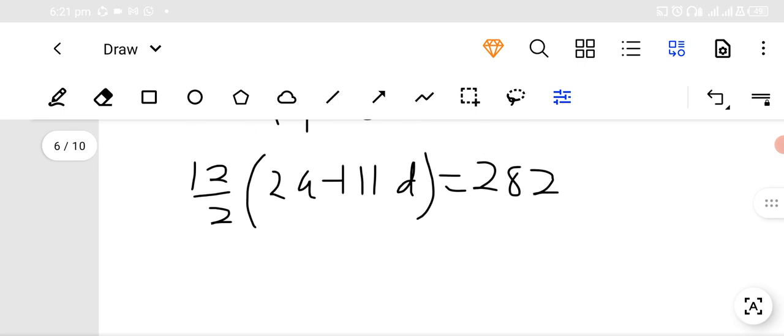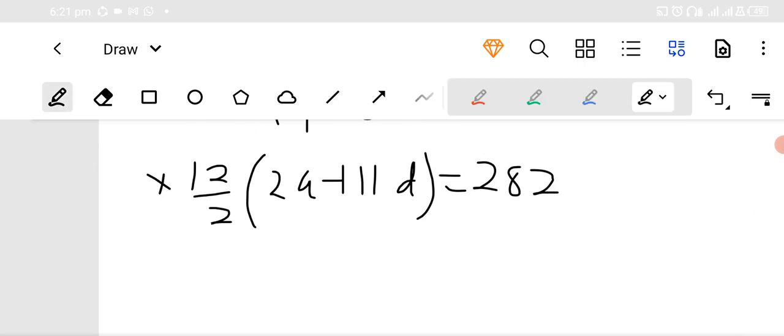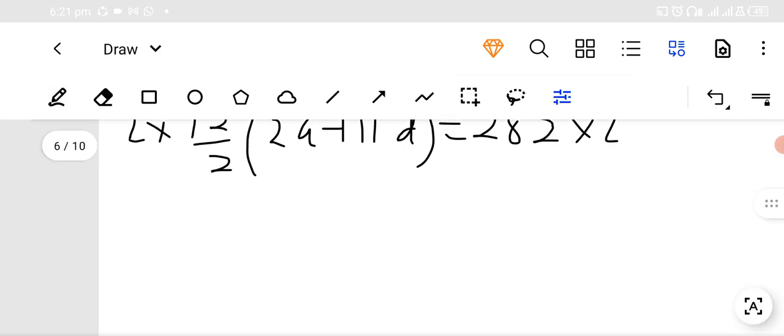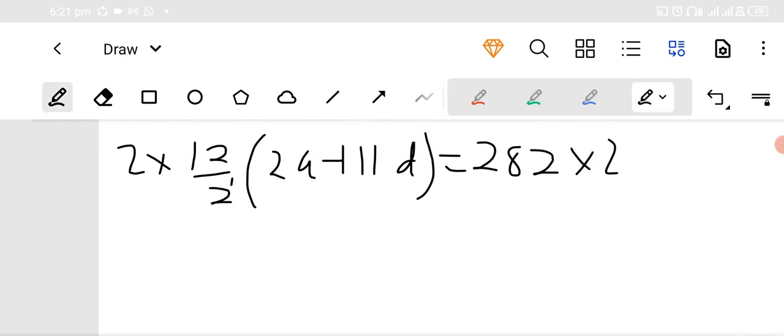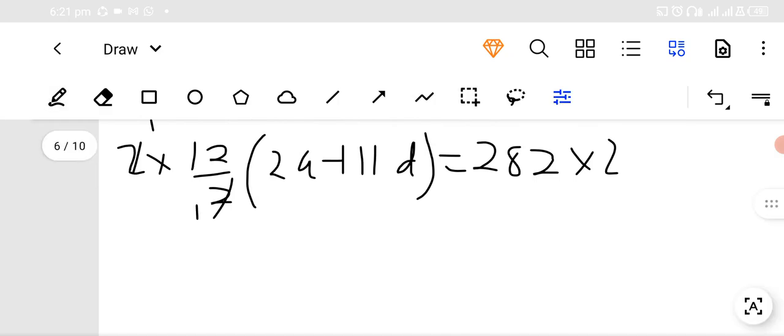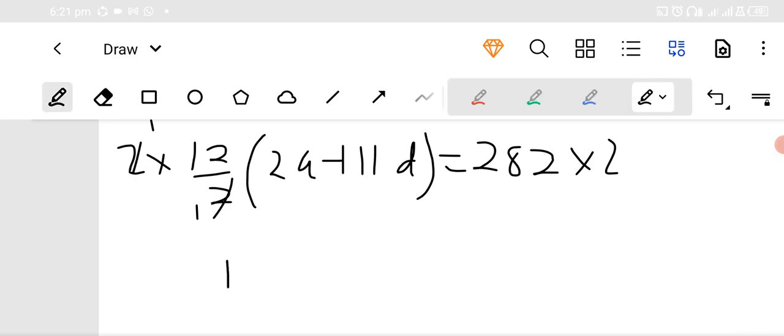And then simplifying, we can multiply both sides by 2, where this and this will give you a 1. For now, let's leave the 12 out there. So it will be 12 multiplied by 2a plus 11d